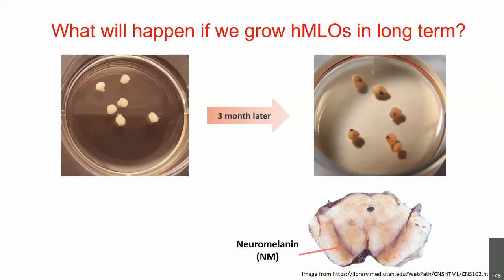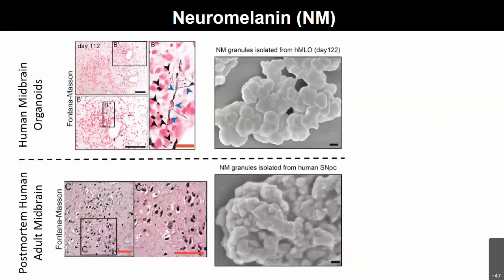This is the first case where a human in vitro neural cell aggregate is able to show this neuromelanin. Of course, we have to validate a bit more before claiming this is neuromelanin. So we look into the structures and look at the H&E stainings compared to post-mortem human adult midbrain regions, to see whether these are really black pigments that look similar to ours. And then we also look at the structures of the neuromelanin granules isolated from organoids and compare them to the neuromelanin granules isolated from post-mortem human brain tissue. And again, they look very similar.